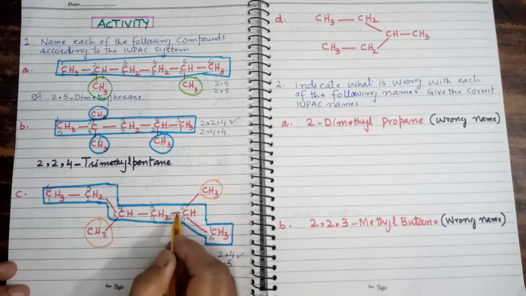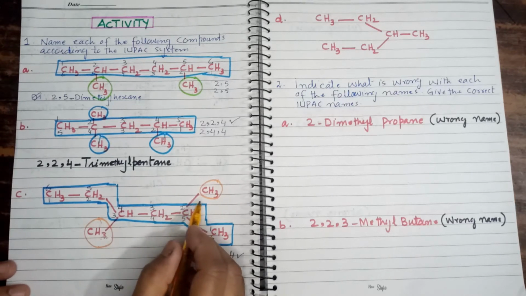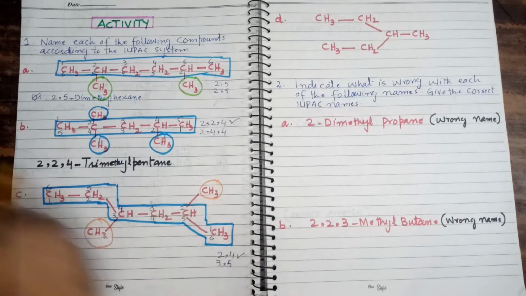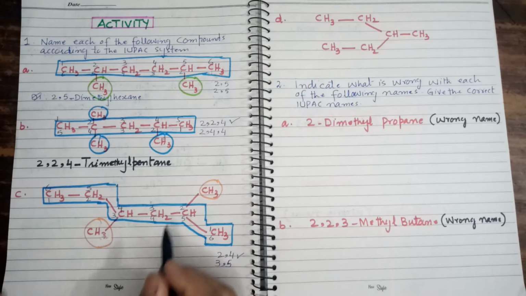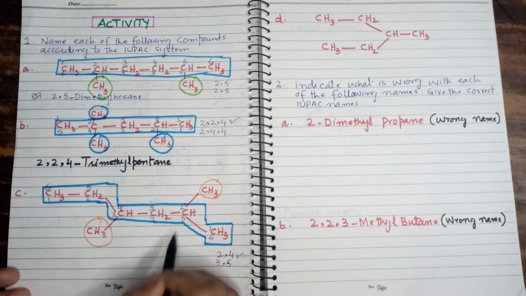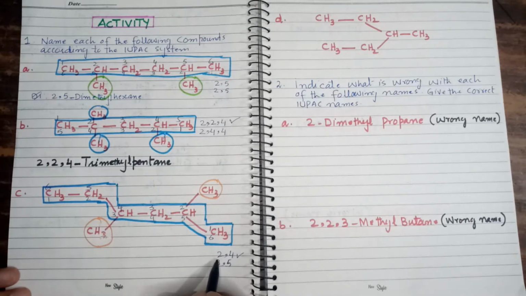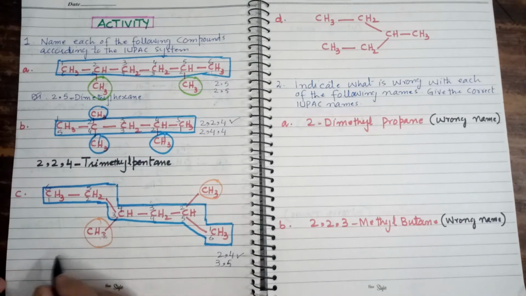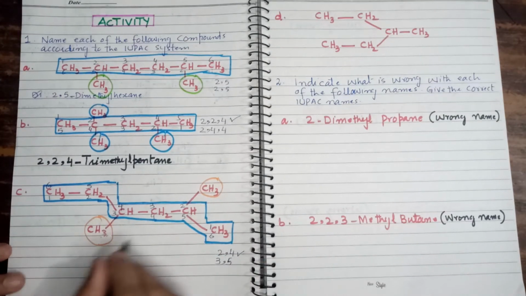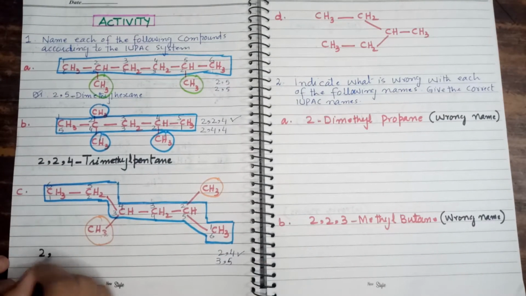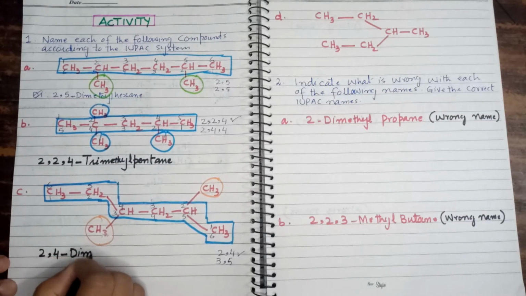Dear students, we know very well, if we have two methyl radicals, then we use the term dimethyl to specify the number of methyl radicals, right? Now assign the IUPAC name to this molecule. Now before writing dimethyl, we must mention the positions of both the methyl. Already we have found their positions. What are their positions? 2, 4. So the IUPAC name of this compound is 2,4-dimethyl.